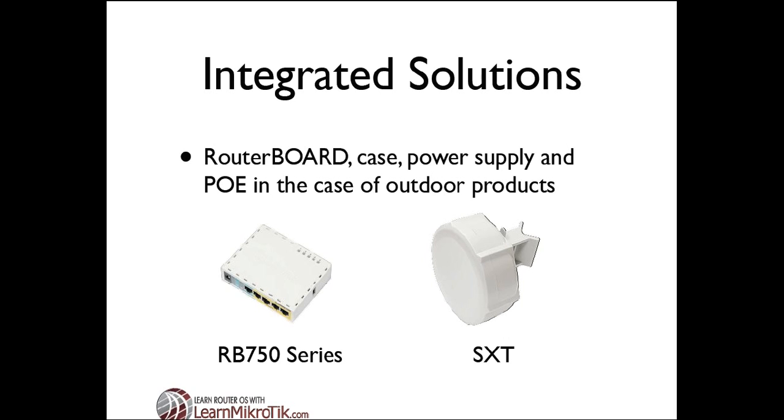What I'm talking about here is not only the heart of the system, the router board, but also the case, power supply, or power over Ethernet injector if it's an outdoor product. On the slide you see right now, there's 2 of the products that are more the common use products. One is the RouterBoard 750 series, which is an indoor router. It's a 5-port Ethernet router, and these guys are low cost. They're less than $50, and they're really powerful and do a great job for indoor small office, home office, router,